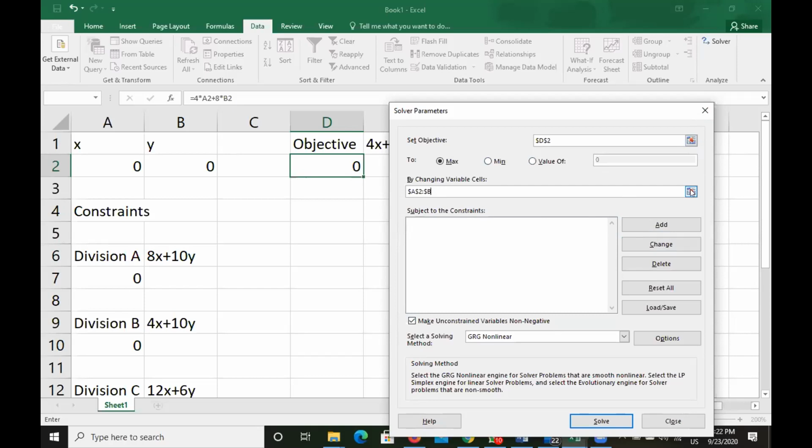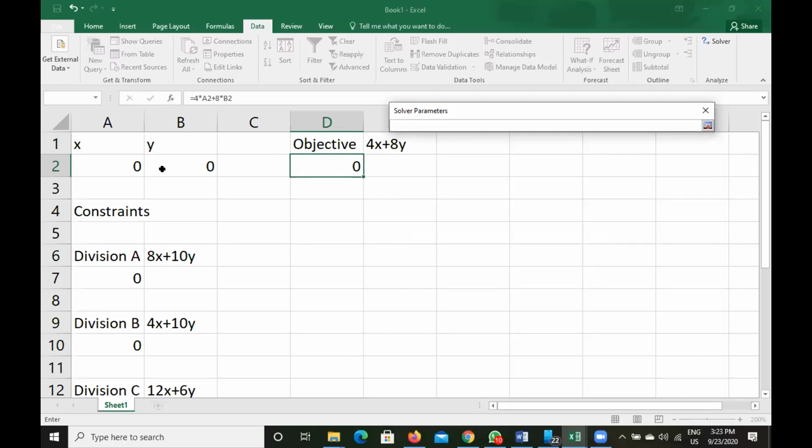So I told you to click here. Haven't I told you? Pay attention. Okay, I'm going to show you again. Click on this, By Changing Variable Cells, below this one. Click on this button. After you click on this button, click on the variables X and Y. Click and drag to select both the values.